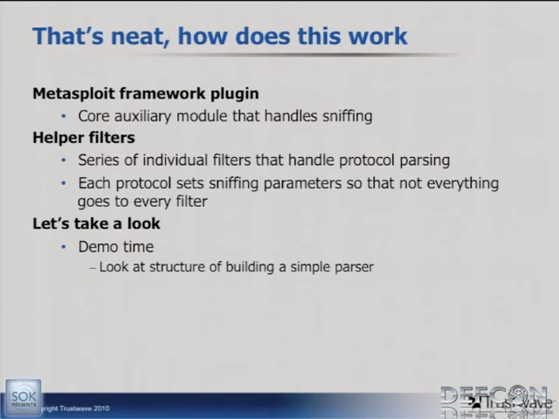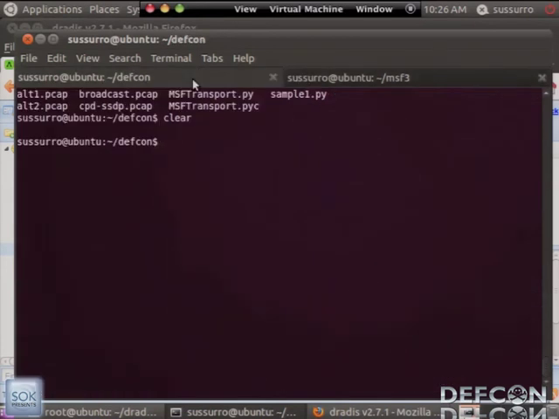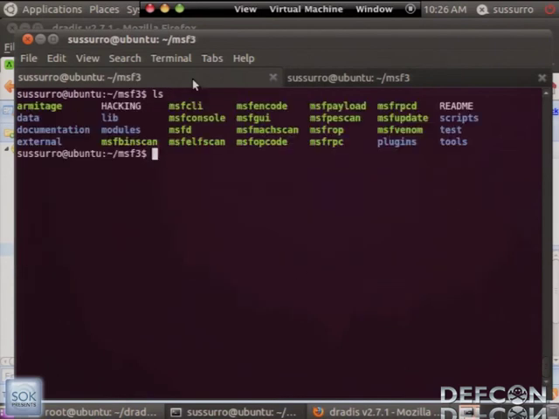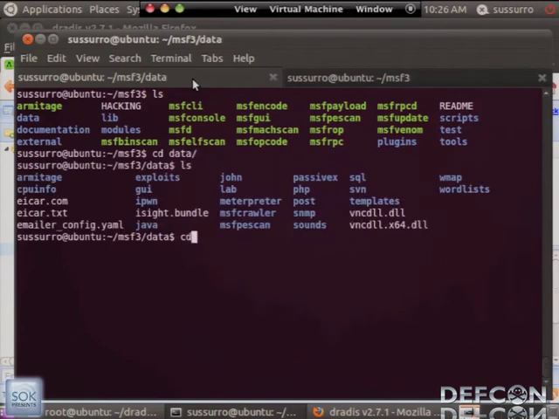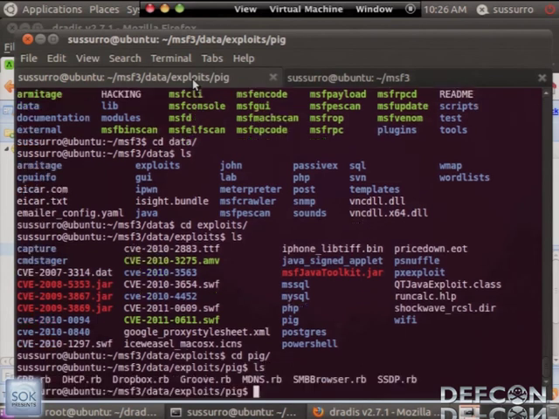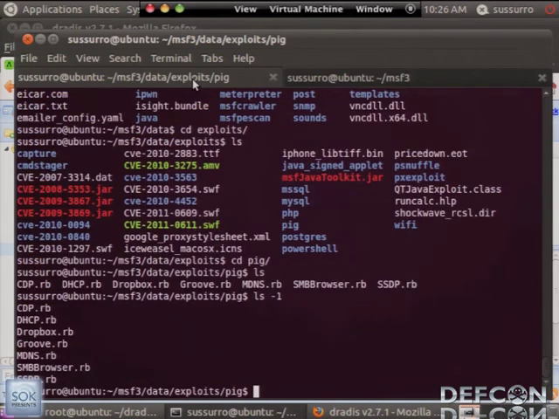So we're going to look at one of these real quick. The individual plugins are kept under data, and then exploits, and then I have created a subdirectory called pig in here. These are the listing of all of the different protocols that we support. So for instance, for Groov,